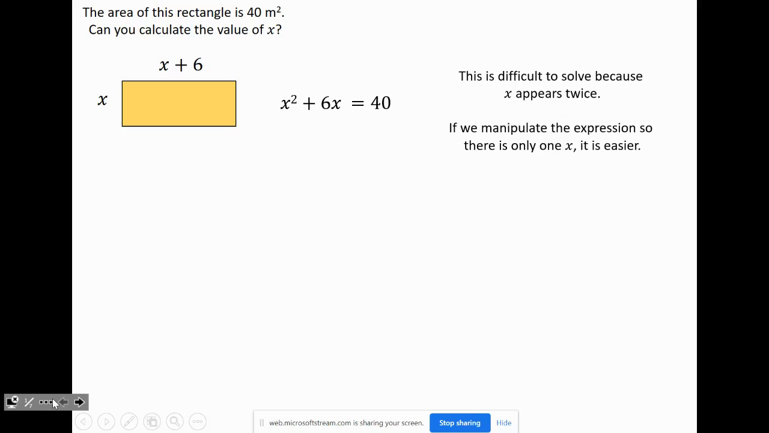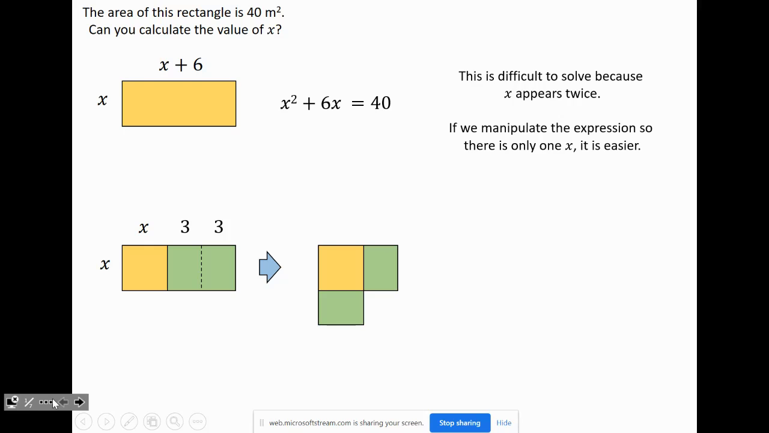One way you've probably seen this done already is by getting everything on the left-hand side and factorizing. But another way we can do this is to manipulate the expression so that we only have one x. We can do that like this. If we think about x times (x plus 6), we can break our rectangle down into this shape, and we can split that 6 up into two 3s. And if I move one of those